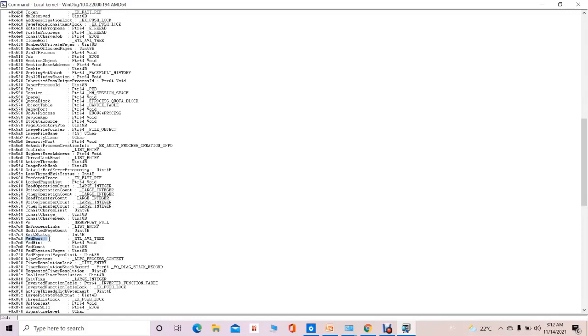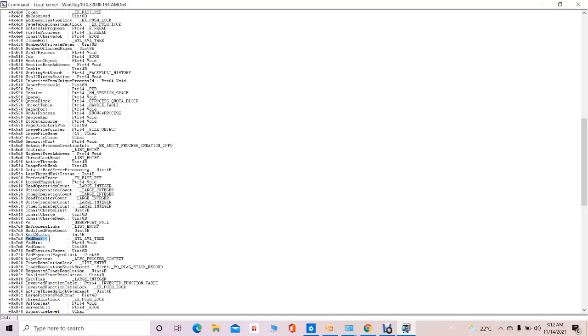As I said earlier, the VAD root is a kind of root node. For every running process, a VAD tree structure is going to be created. For the files which have been mapped into the main memory, a VAD is created.